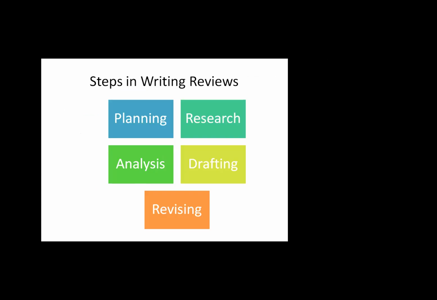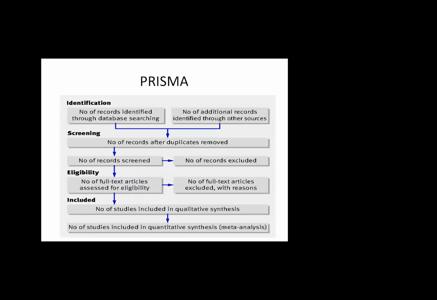So what are the steps in writing reviews? First, we have to plan. If our planning is good, we can have a very good review. Otherwise, without even putting your step on the first stair, how can you reach up to the top? So planning is the first step in that ladder. Second is the research or reading. Third is analysis, then drafting and revising. We have talked about PRISMA guidelines,